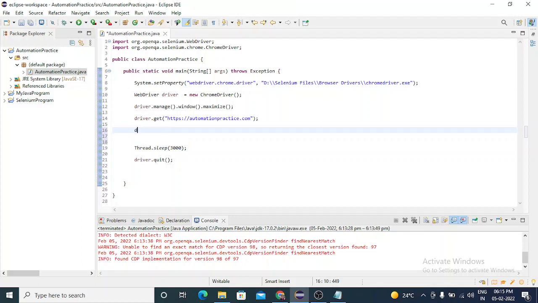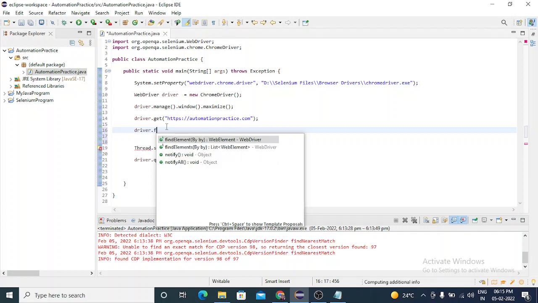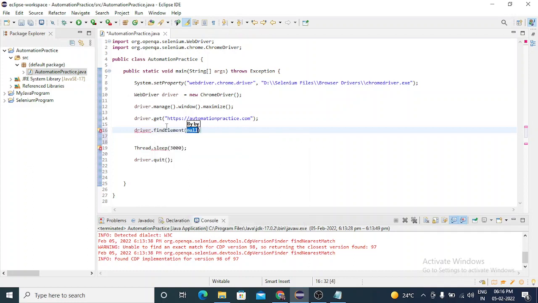Okay, driver dot. To identify that element, we need to write findElement(By. The findElement method finds your element in the web page.